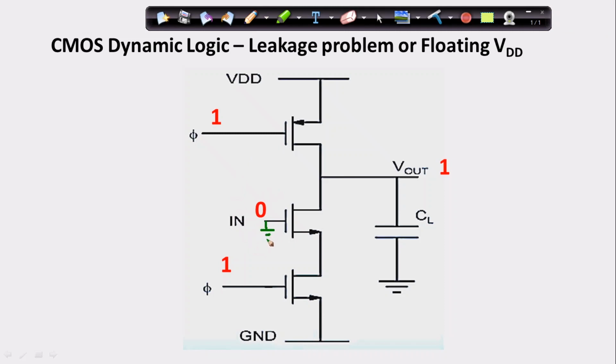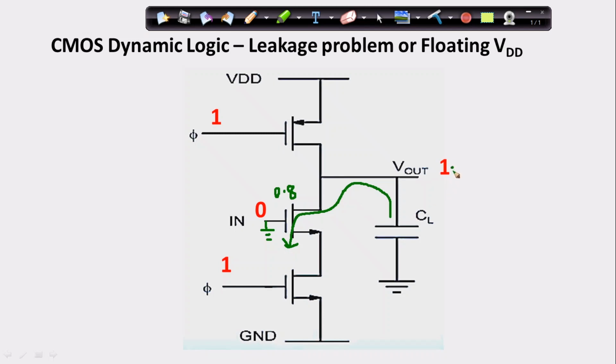When it is getting connected to ground, if I am getting somewhere around 0.8 volt, this is a negligible voltage. But if I get somewhere around 0.8 volt, this might get turned on a little bit, and then I'll get a path where it can discharge. So when it gets a discharge point over here, the charge which was present over here is going to be reduced.